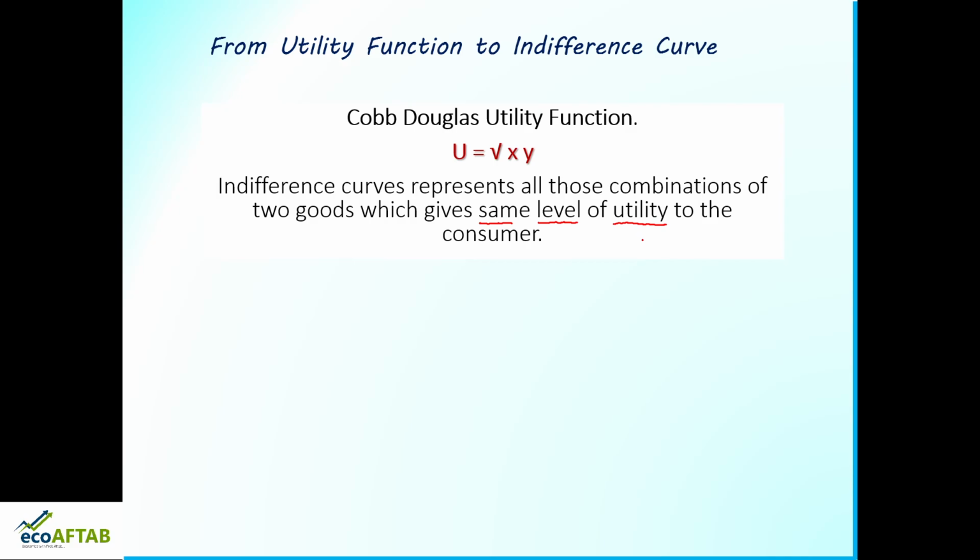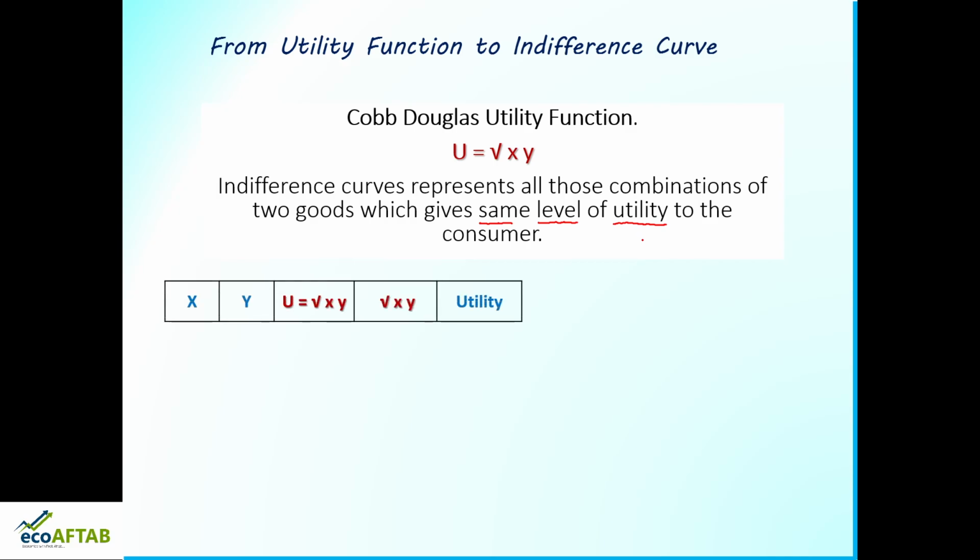अभी आगे बढ़ के देखें what is there. So, again I have taken the same table, but here you can see I am speaking about x commodity and y commodity. Then the utility function u is equal to square root of x y, and the last column we are speaking about is utility. Now, what I want to show is same level of utility, that is, the utility level should be the same. And what else am I telling?